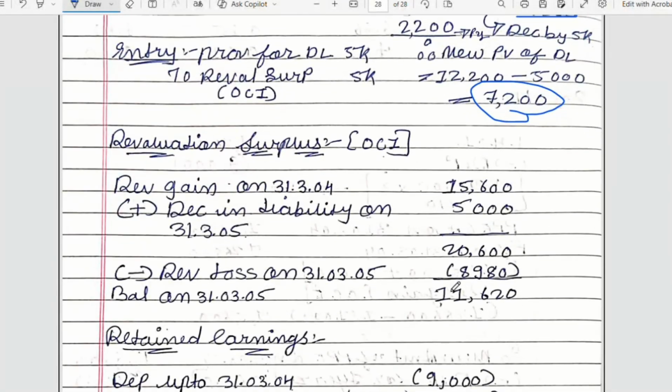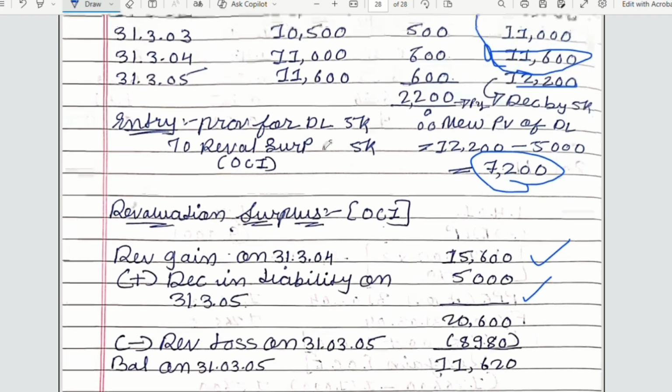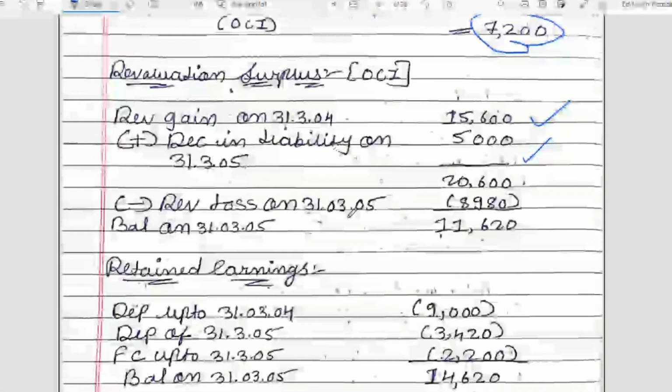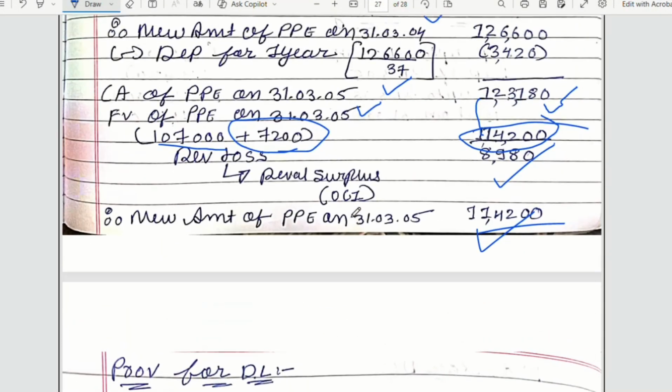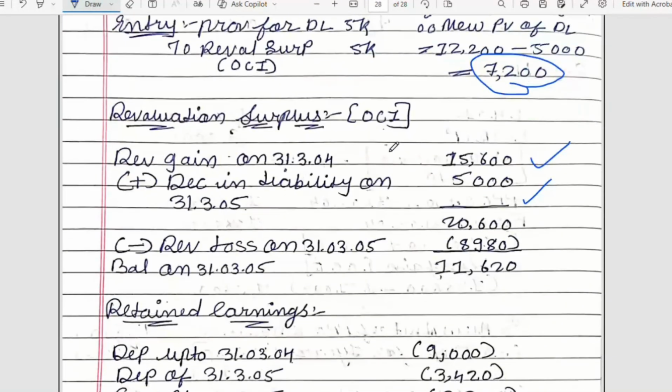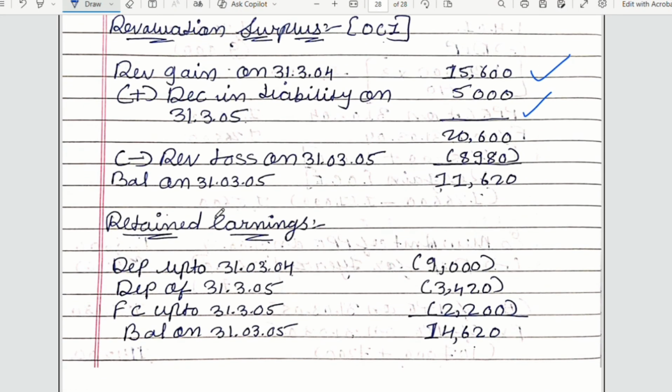अभी रीवैल्यूएशन सरप्लस का कितना बैलेंस होगा? देखो, एक तो हमें जब इनिशियली रीवैल्यूएशन किया था तब हमें इतना गेन आया था। उसके बाद हम लोग का लायबिलिटी डिक्रीज हो गया था 5000 से, जब हमने रीवैल्यूएशन किया। ये हमारा गेन है, हम लोग ने ऑलरेडी एंट्री भी किया है। उसके बाद 31 मार्च 2005 को जब वापस रीवैल्यूएशन किया तब हम लोग का लॉस आ गया था। तो वो लॉस को हम लोग इसमें कम करेंगे रीवैल्यूएशन सरप्लस। हमने ऑलरेडी पढ़ा है, ठीक है? तो हम लोग का बैलेंस रीवैल्यूएशन सरप्लस का इतना आया।